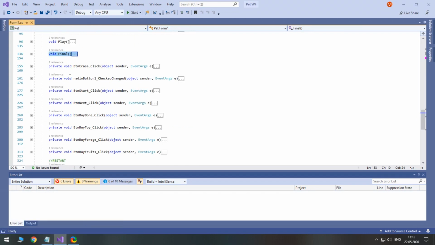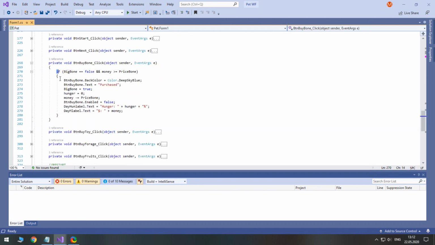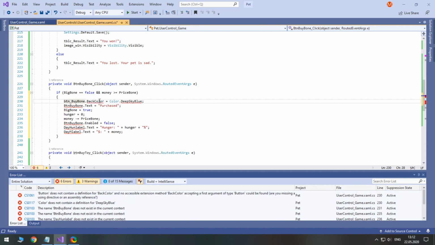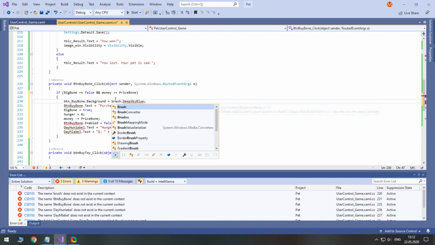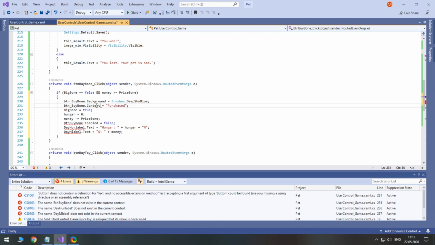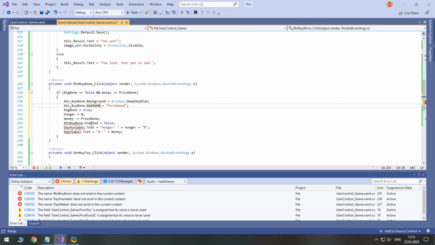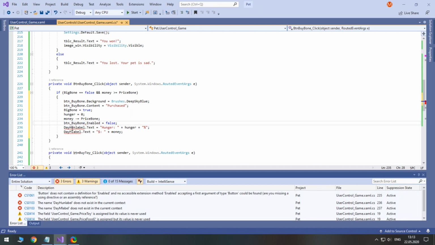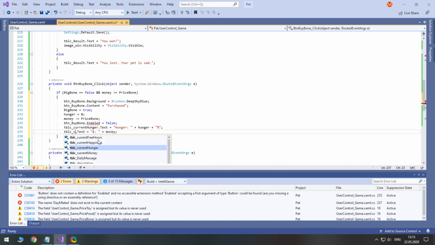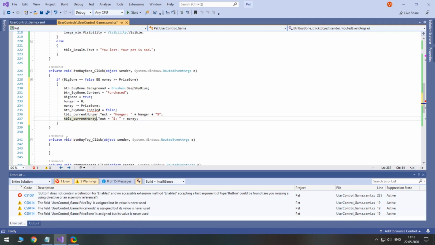Let's copy the code from BuyBone from Windows Forms. Let's do the same for BuyToy.